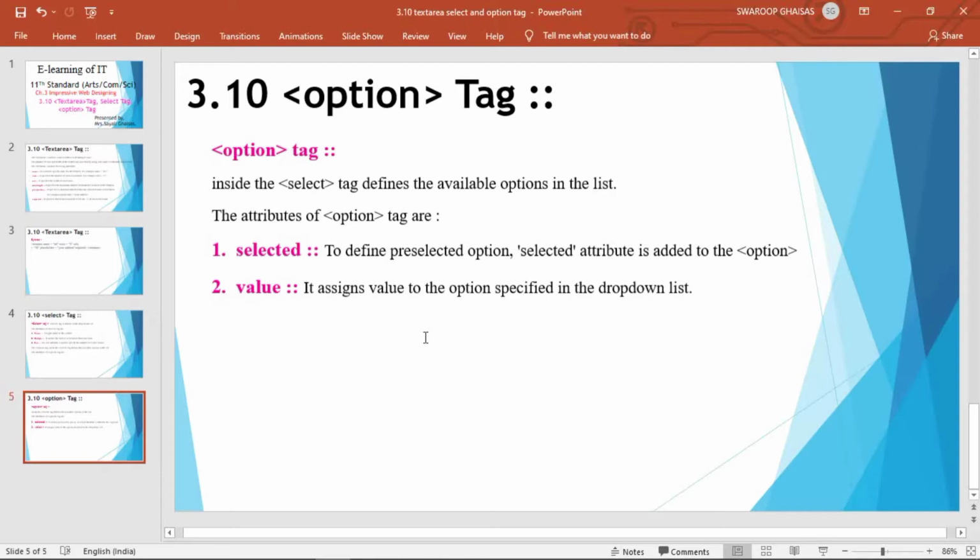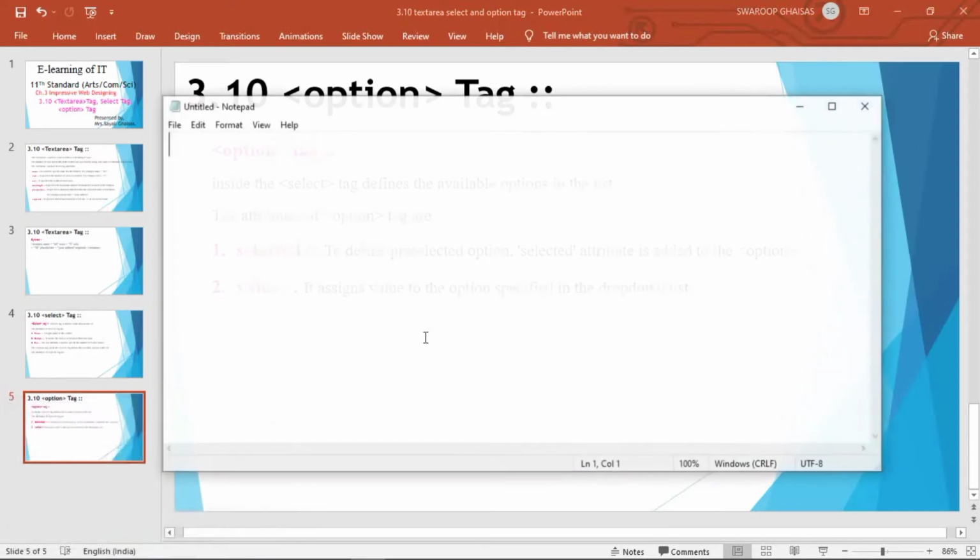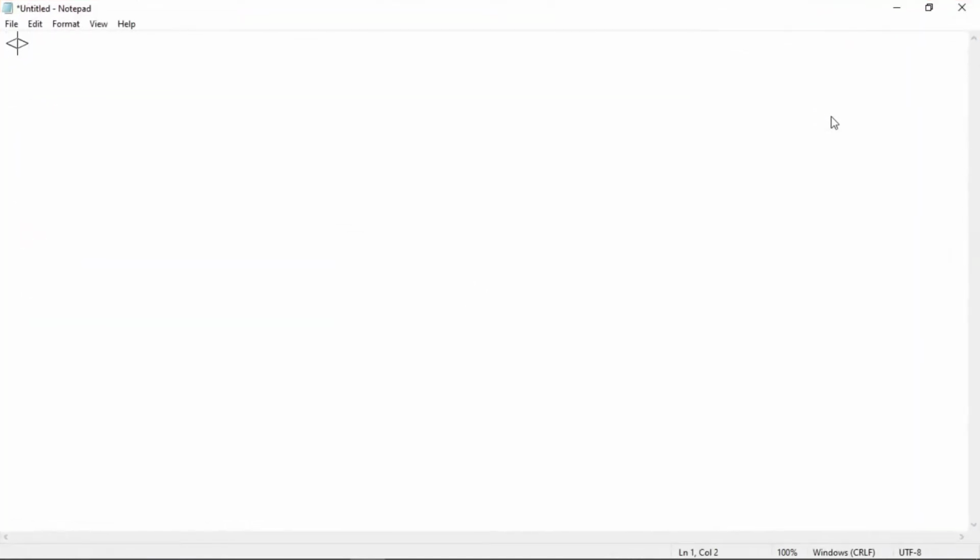So let us write a program to understand the use of the text area, select and option tags. Let us open Notepad and start writing the code. First of all, doctype HTML, document type is HTML. After that, the HTML tag starts and ends.